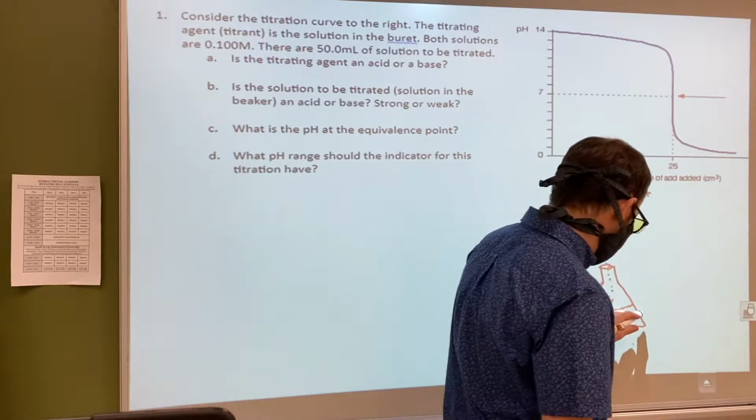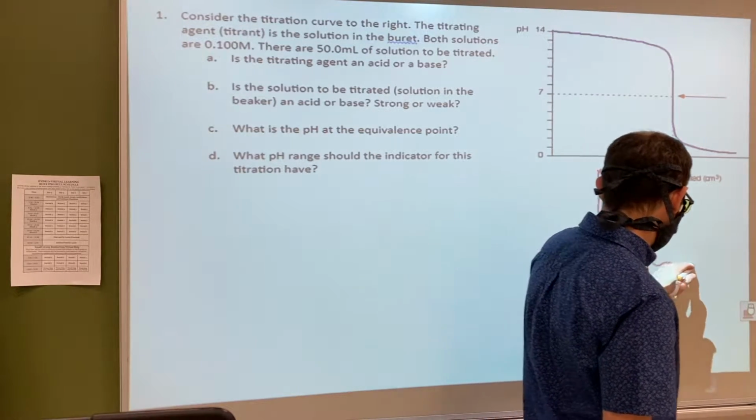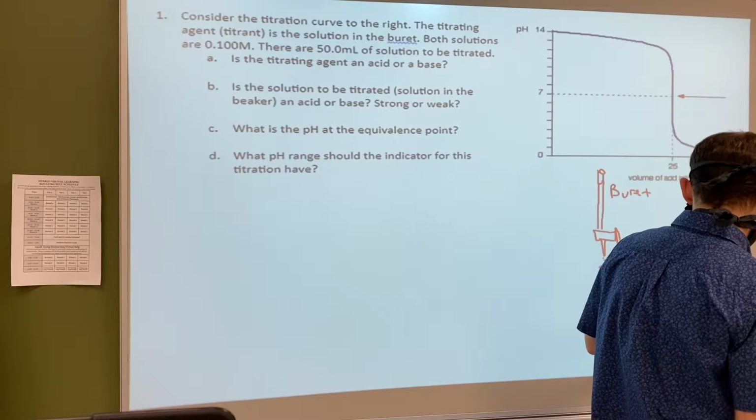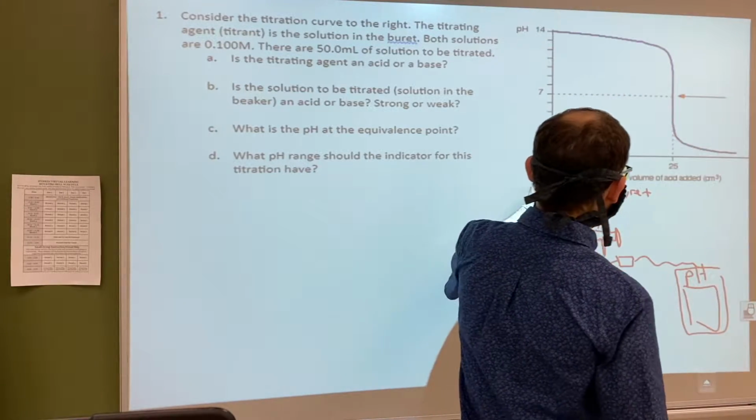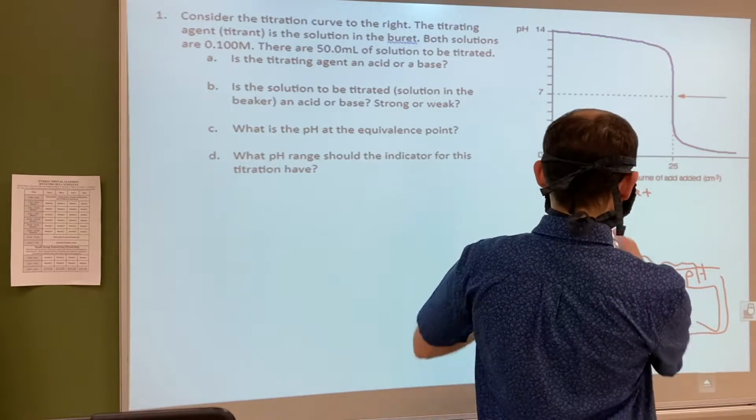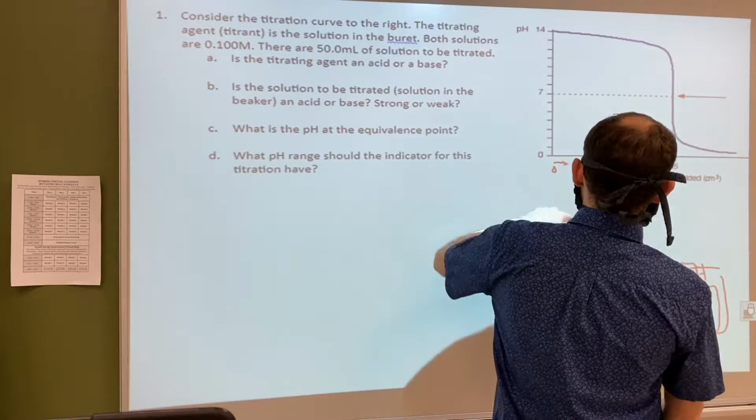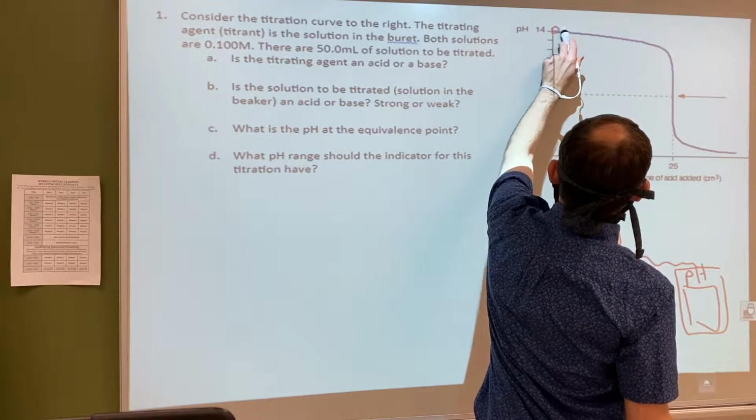Now, in this flask, we have a probe that gives you the pH also. That's where we get this graph from, okay? So in the beginning, because this is volume added, nothing from the burette has been added, so we're just measuring what's down here. So if we measure what's down here, and it's 14,